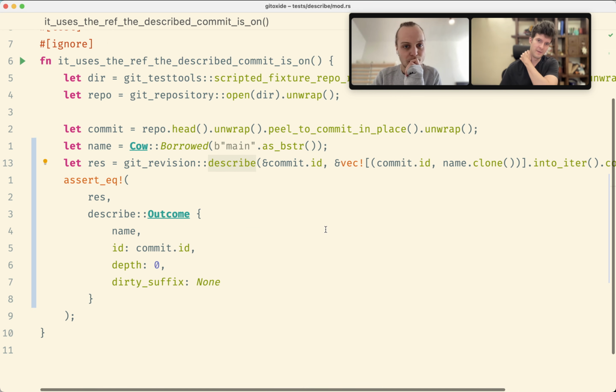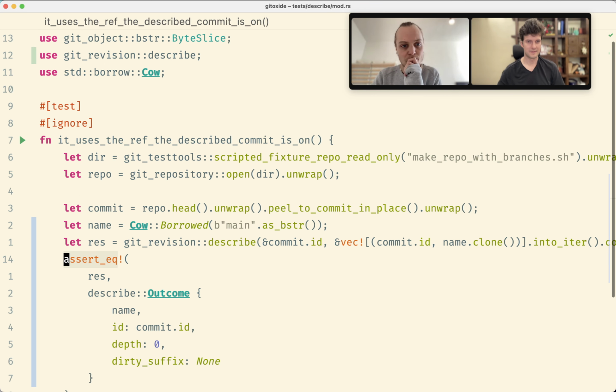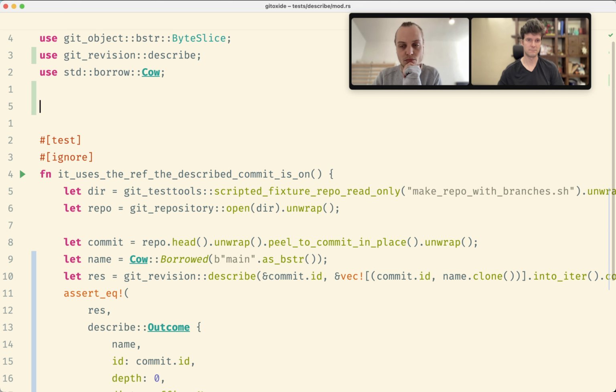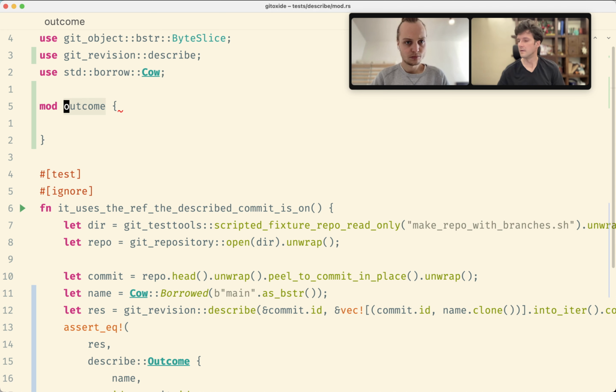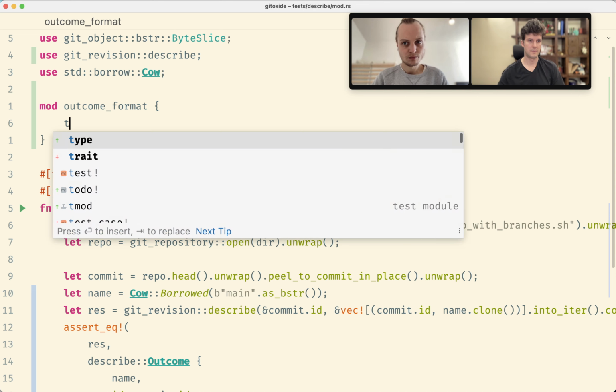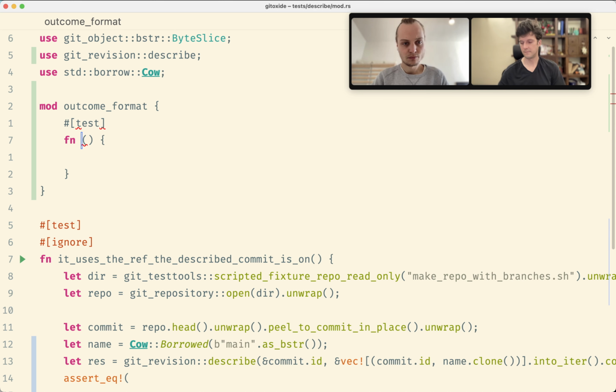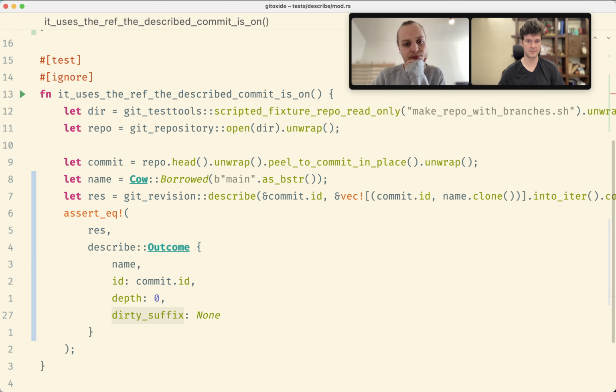All right, the test. Yeah, it's a fully open data structure. So we are in describe mod. I'm just trying to find a good place. Describe mod, describe outcome, format. We could call it outcome, format even. And then, yeah, exact match. So basically what we would have here, we can just implement this,